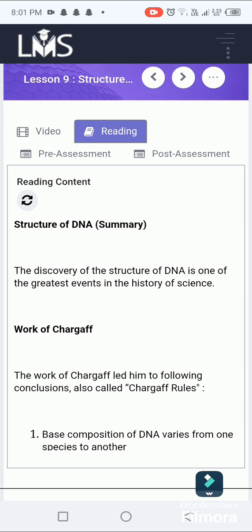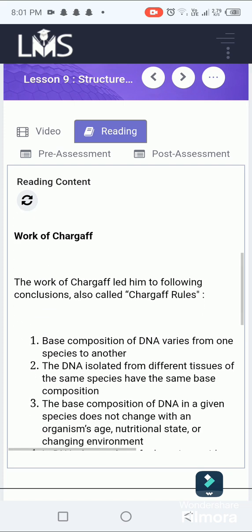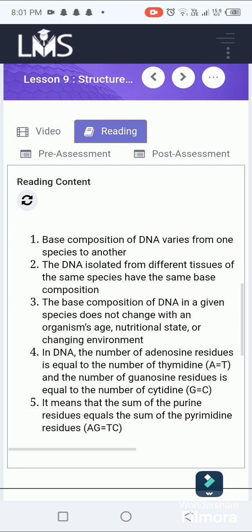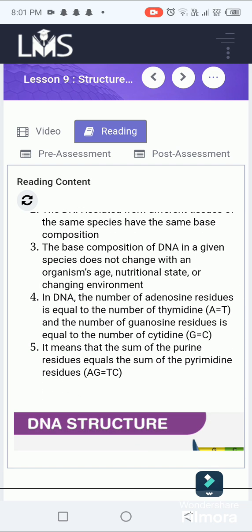The discovery of the structure of DNA is one of the greatest events in the history of science. The work of Chargaff led him to the following conclusions, also called Chargaff's rules. Base composition of DNA varies from one species to another. DNA isolated from different tissues of the same species has the same base composition. The base composition of DNA in a given species does not change with an organism's age, nutritional state, or changing